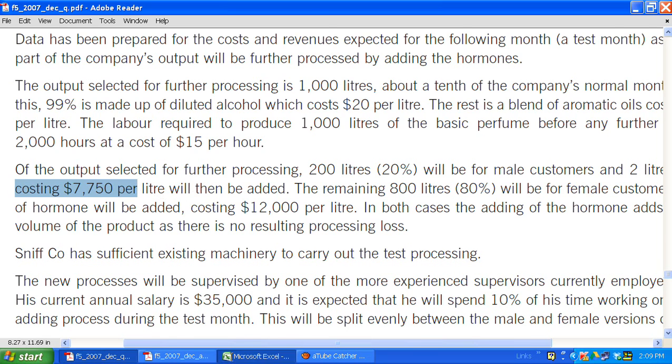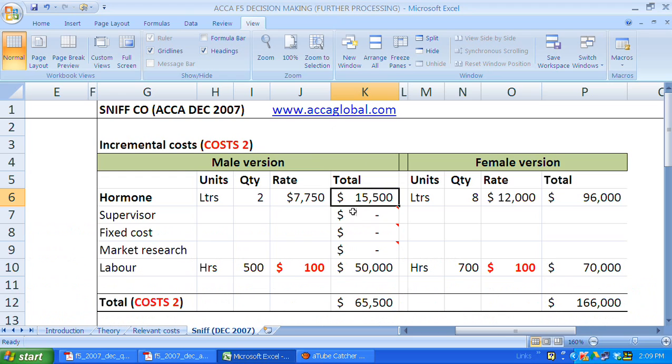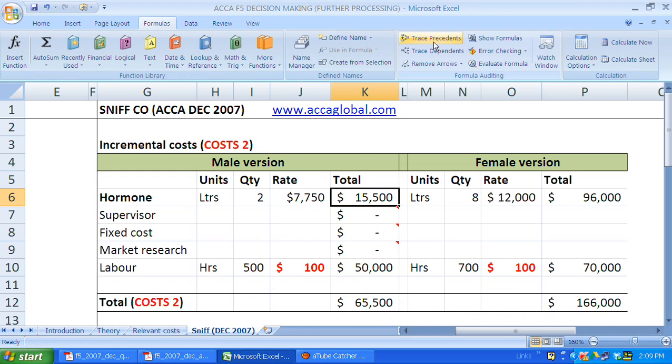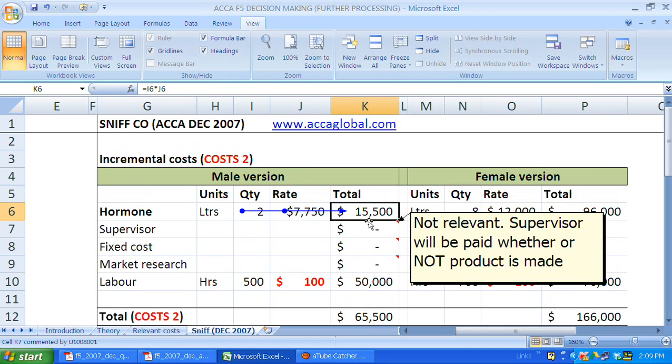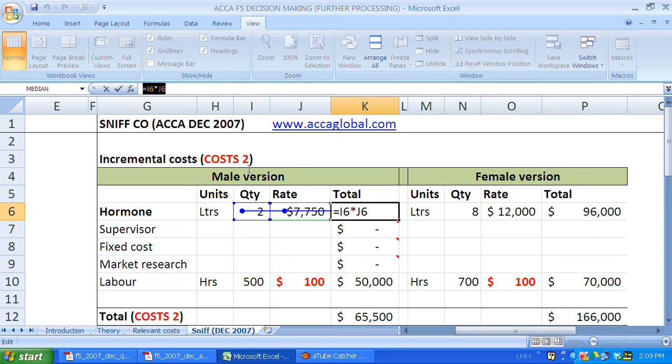So the total cost is simply the product of 2 by 750, which is 15,500. I hope you can all see that. As you can see from my formula here, what we're doing is multiplying 2 by 750 to give us 15,500. Similarly, the male version, rather the female version,